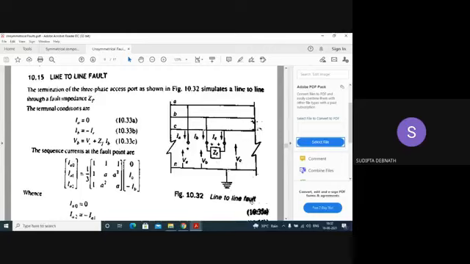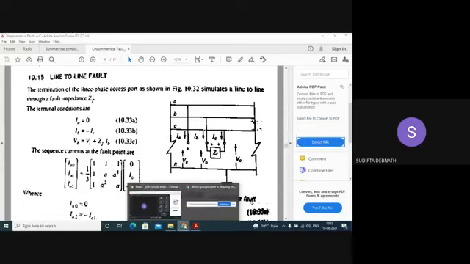So what will happen? The ground is not coming into the picture, and if the ground is not coming into the picture, it is obvious that the zero sequence components will be zero. We'll see from the derivations only. We need not consider it. The derivations will show that the zero sequence components are zero. Now this is the network, you can easily understand. So what will be IB? Whatever IB is coming from here, that is going into IC. So if we consider IB and IC both outgoing, then IB will be equal to minus IC, isn't it? So IB will be equal to minus IC.